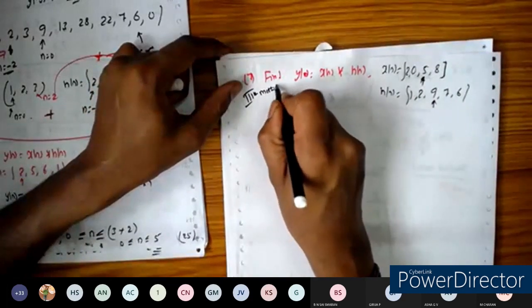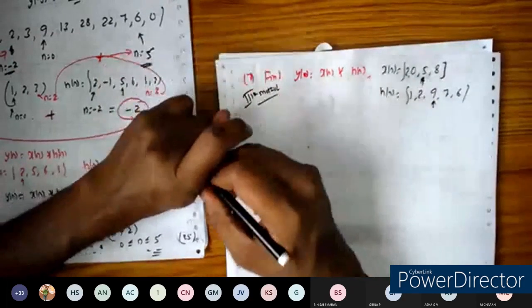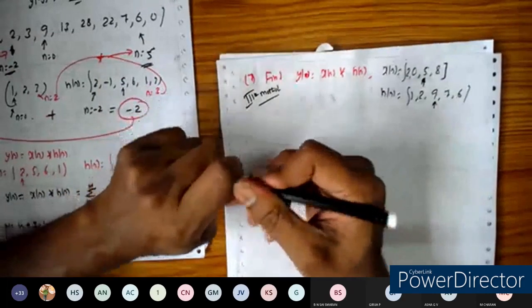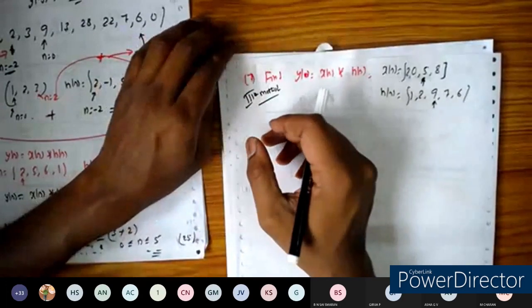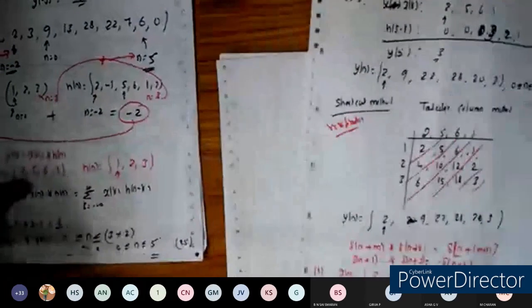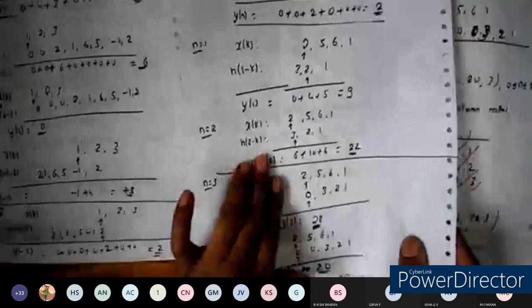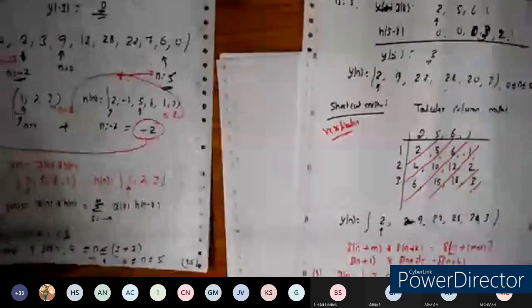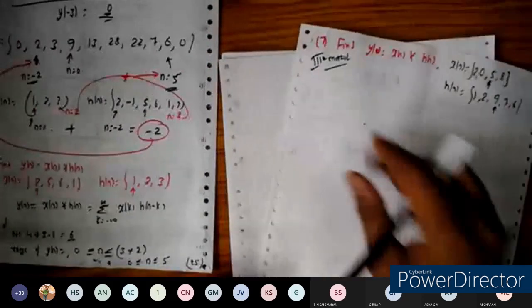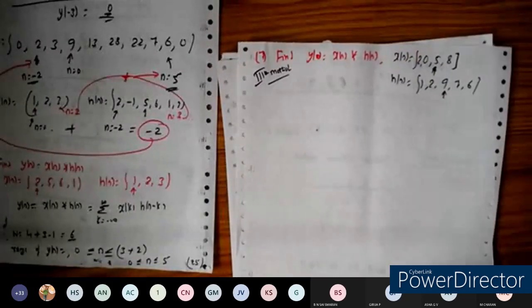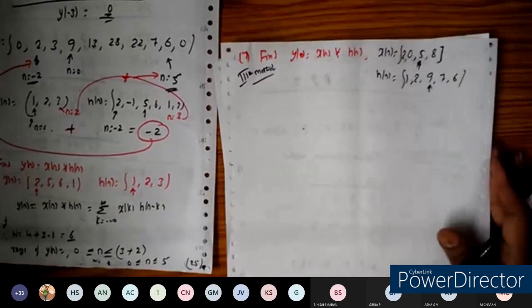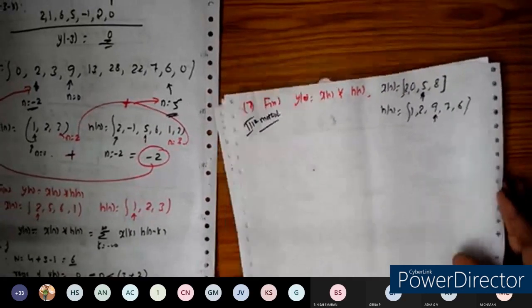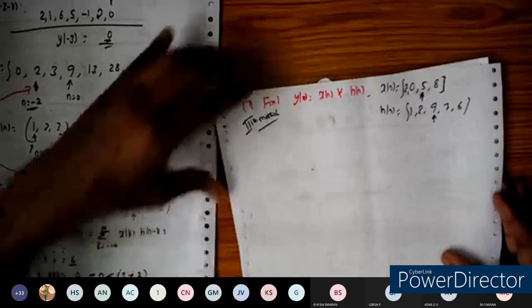Which method you need to follow varies based on the marks. You can follow any method based on the marks. Suppose a question is asked for 10 marks, you need to do it using the step-by-step procedure like what we did in the previous case. If it is asked for 5 marks, then you can follow this method here. Based on the marks, you can take different methods and solve them, right? Okay. So done.